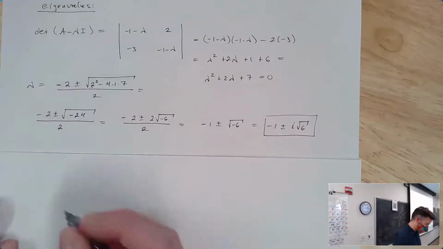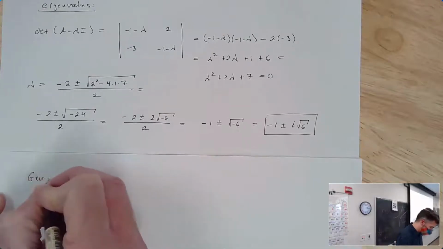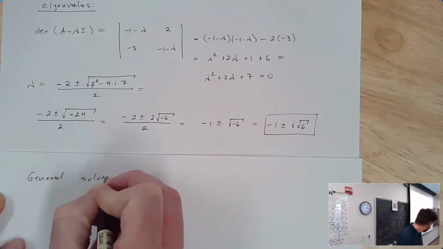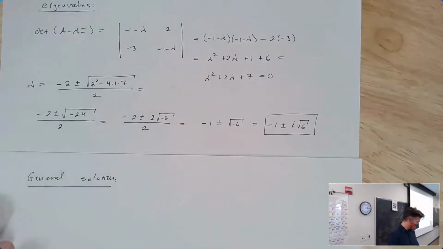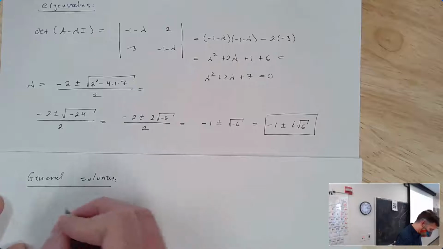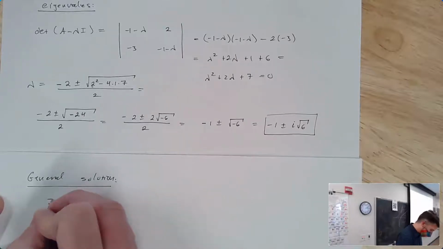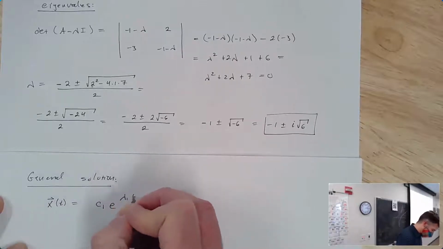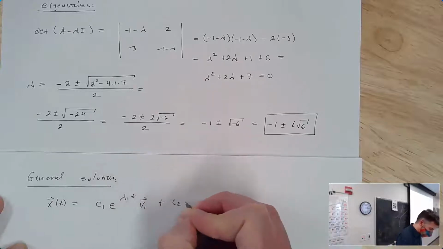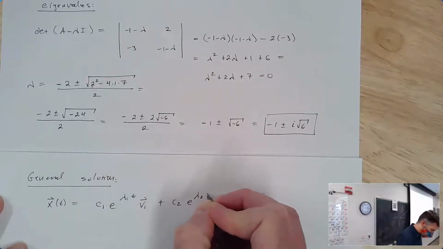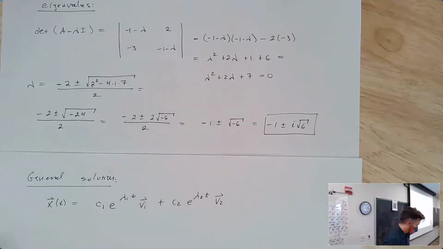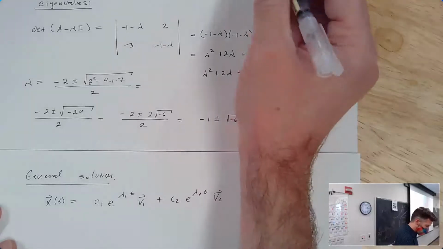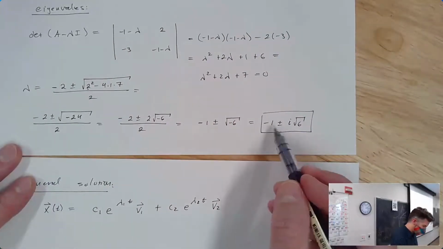So if we were going to write out the general solution, it would be something like the following. We would have x as a vector equal to c1 e to the lambda1 t times v1 plus c2 e to the lambda2 t times v2. And here's what I really want you to see. When we write this, I'm going to plug in my eigenvalues, which are up there. Here are my eigenvalues right there. So this is going to look like